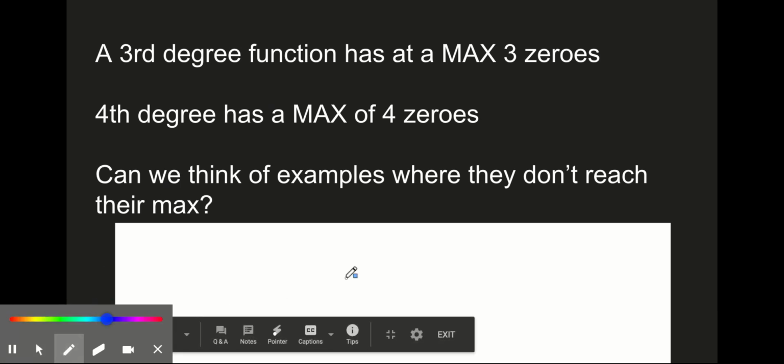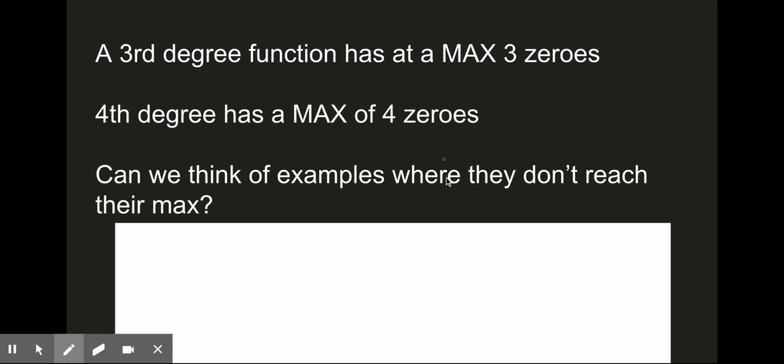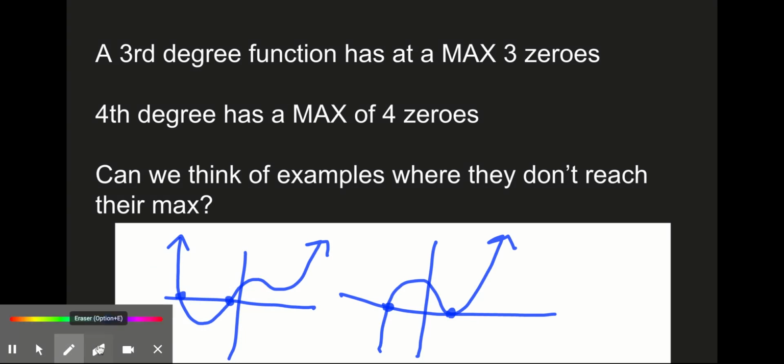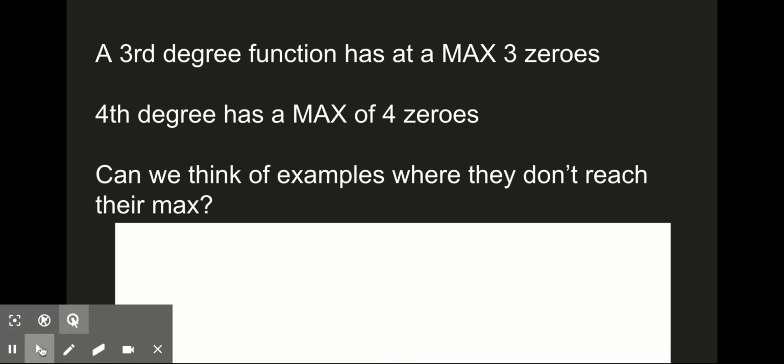Let's think of some examples where we don't really reach the full potential there. What I mean is, if this is my setup and I look something like this, there's 1 zero and there's 2 zeros. This is the example of a repeating zero, which tells you that it bounces right off. If I was a fourth degree, I could have 1, 2, and that's it. I might not even ever come down again. So it's possible that you don't actually have that many, but it's a maximum of whatever the degree is,